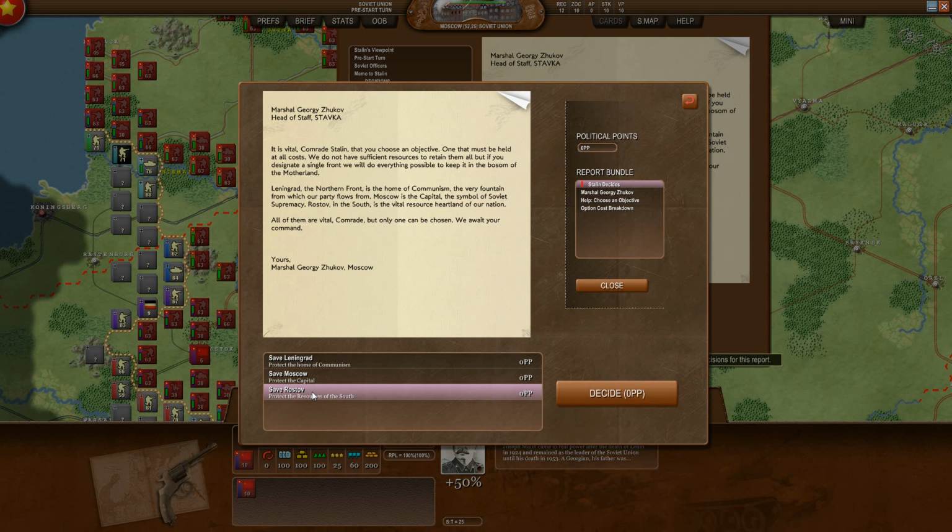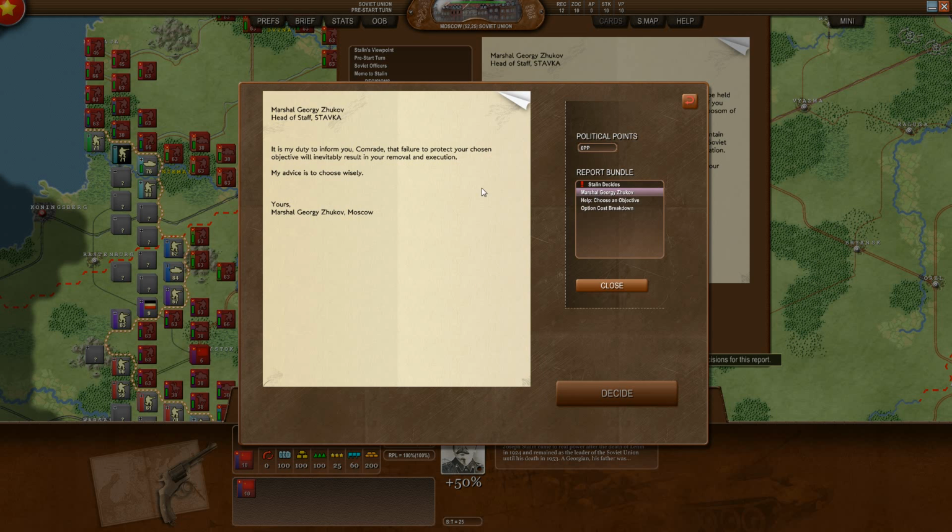And of course, as Russians, we don't know what the German side is going to do because every time is going to be completely different. Notice we have 0 political points. Again, we don't have political points. We don't have any decisions that are going to cost political points, and of course you see all these cost 0 political points. So just to make things interesting, I would choose save Leningrad,